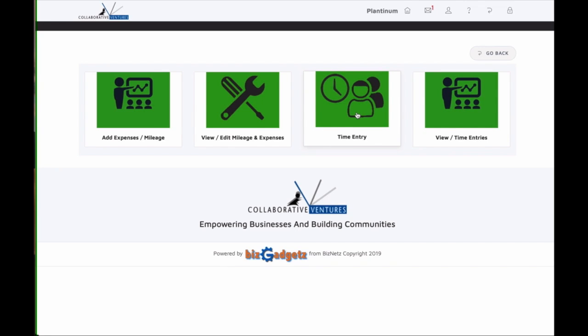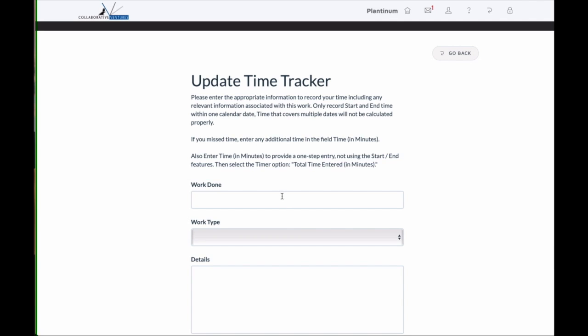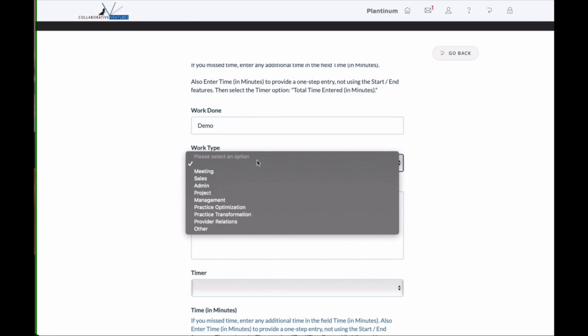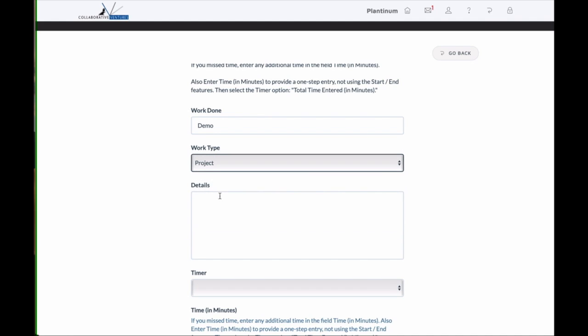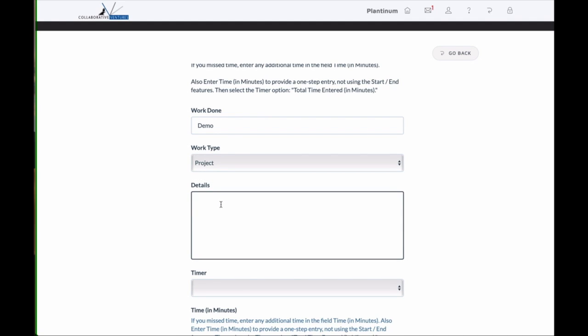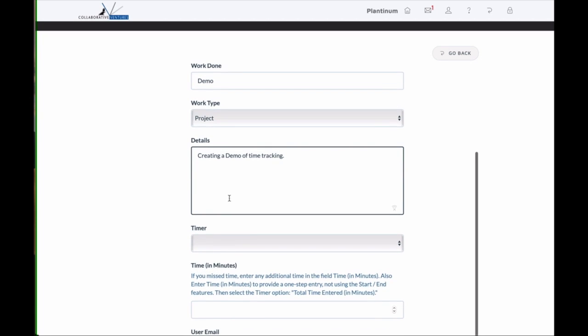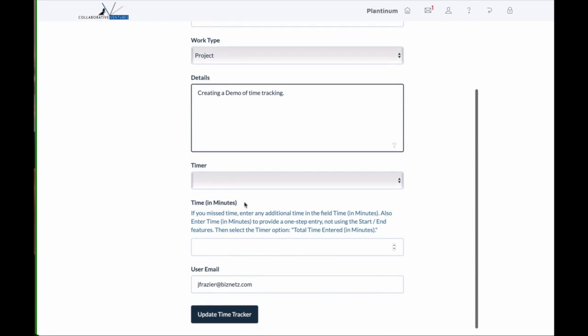So suppose you were doing a demo and you wanted to click on and say demo, and you select your work type as being a project, sales, or meeting. Let's say project. So you type in the details of what you're doing here, and you have several things you can do with